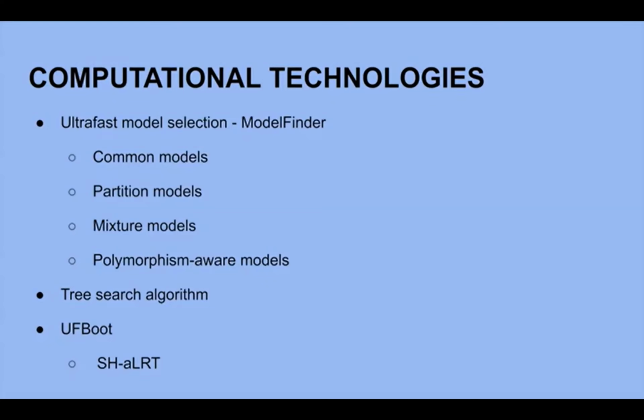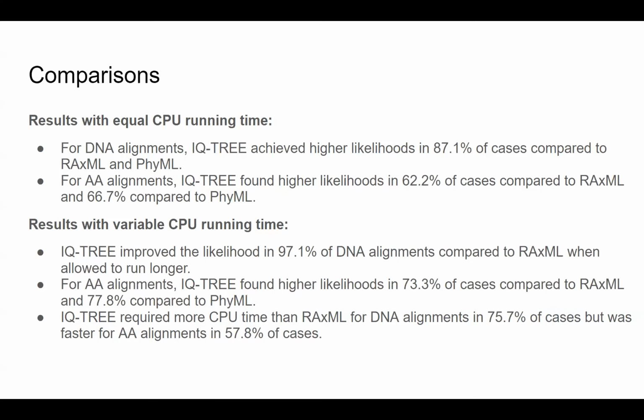Then you can use this tree search algorithm and, for example, use Bootstrap. There are also a few other algorithms to choose the best tree, to tell that it's really the best, and IQ-tree will help you with it as well. Bootstrap is the thing where you generate a lot of trees and choose the most popular one, for example. So you are just repeating the algorithm again and again.